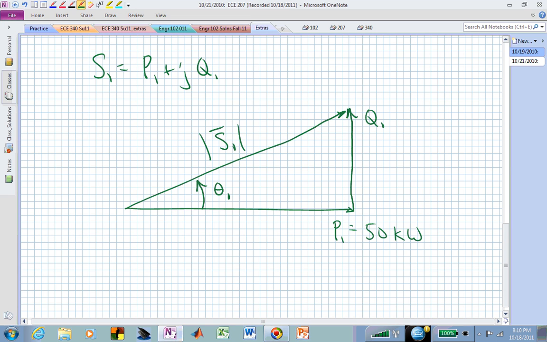What we want to do is actually move the hypotenuse closer to just a straight line, horizontal line, and in this case what we are wanting to do is change the power factor by introducing a capacitive load to pull this down. So we want to now move in this direction by some amount Q sub t, so that the overall reactive component of our total system